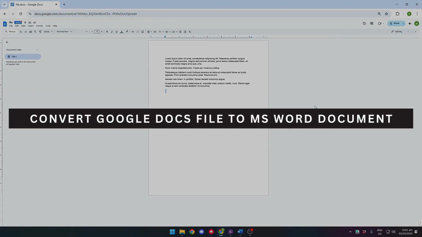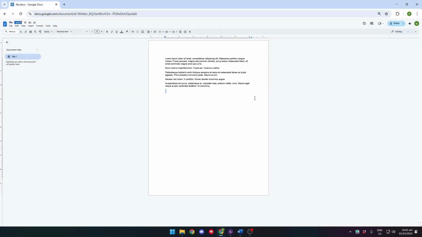Let's see how to convert a Google Docs file into a Microsoft Word document. First off, you want to open Google Docs. And as you can see, right here, we have our file ready. Now let's say that we want to save this file and open it in Microsoft Word under the docx file